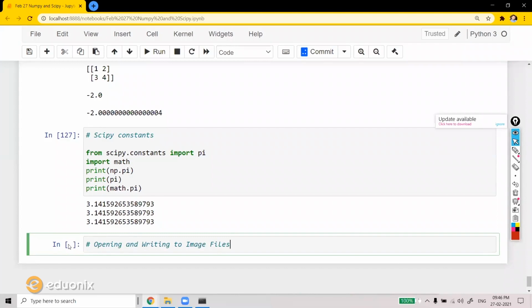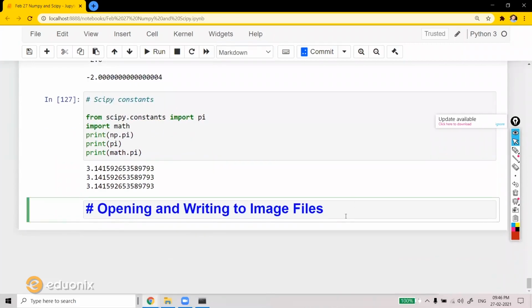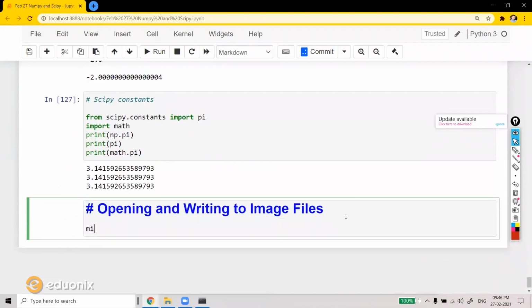The very first thing is, there is a package inside SciPy which is called the MISC package, and it has some images